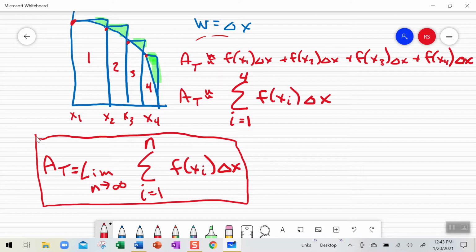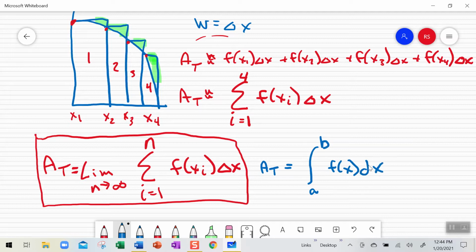The problem is, how do you calculate the area of an infinite number of rectangles? And this is where we tie it into the definite integral. Because this formula, and let me go to blue, can be rewritten. A sub t is equal to, so the summation, as we get the summation of an infinite number of rectangles, we can write this as the definite integral from a to b of f of x